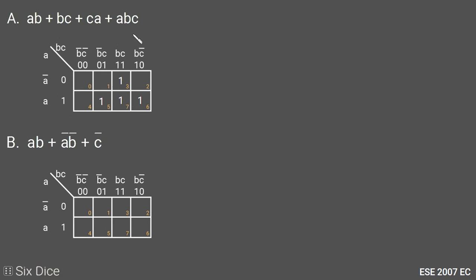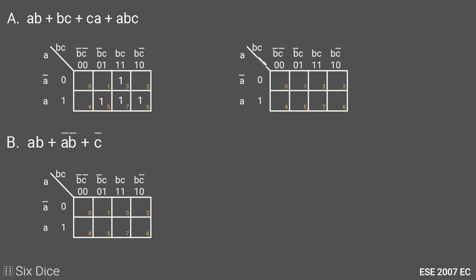Now to get the inverse of this function, we make the same K-map and we put 1 in the cells where we don't have 1 right now. We don't have 1 at the 0th cell, so we put 1 at the 0th cell. We don't have 1 at the first cell, so we put 1 at the first cell. We don't have 1 at the second cell, so we put 1 at the second cell, and we put 1 at the fourth cell because we don't have 1 there. After minimizing this K-map, we will get the inverse of our option A.